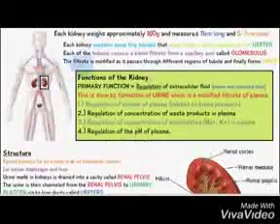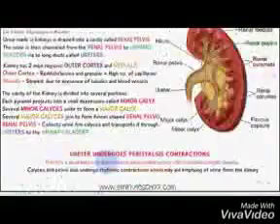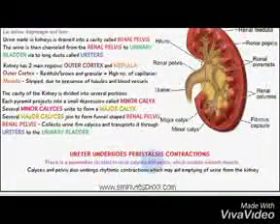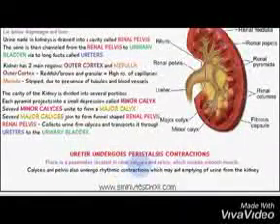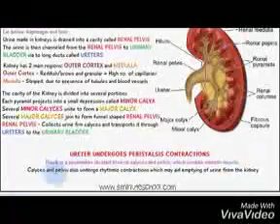And finally, the filtrate is modified as it passes through the different regions of the tubule, and it finally forms urine. Finally, the ureter undergoes peristalsis contractions, so there is a pacemaker located in the renal calyces and the pelvis, which contains smooth muscle, and the calyces and pelvis all